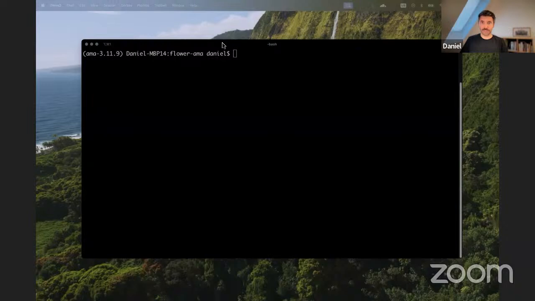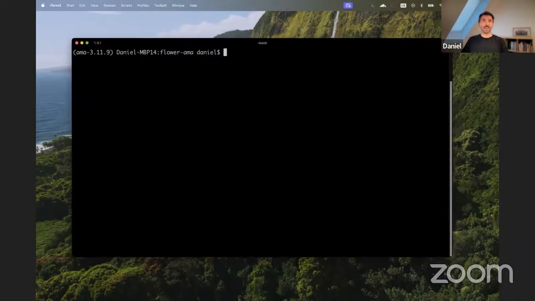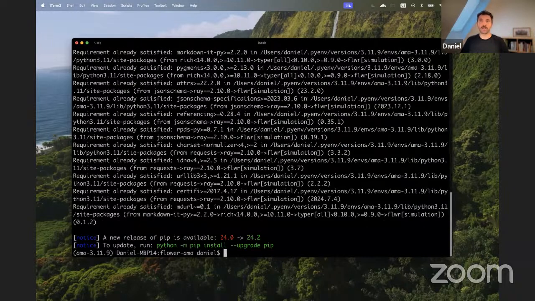So you should now be able to see my terminal window here. What I have here is just a plain terminal on a plain MacBook Pro. And what I'm about to show is, I think this is an environment where I've already installed Flower. But just to repeat the step, you would do a pip install flwr, and then because you want to use the simulation engine, you would do pip install flwr simulation. That will just install a plain Flower library with all the dependencies necessary to run a simulation.